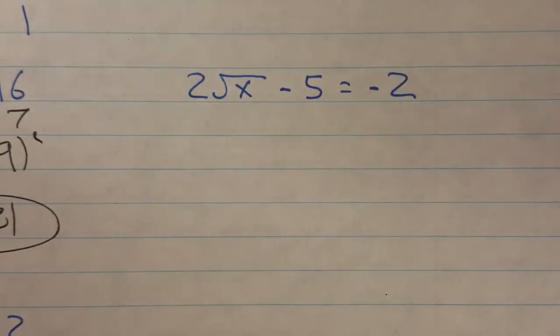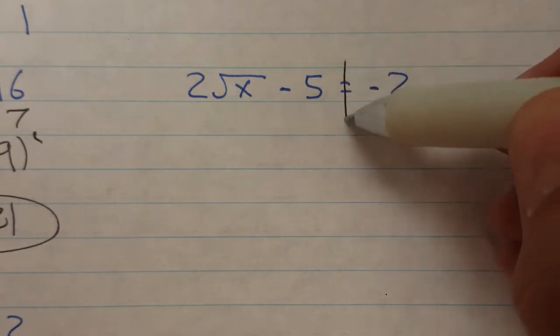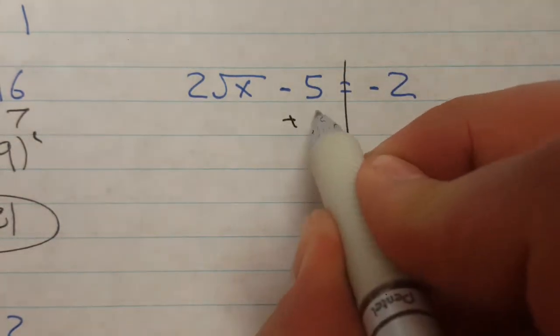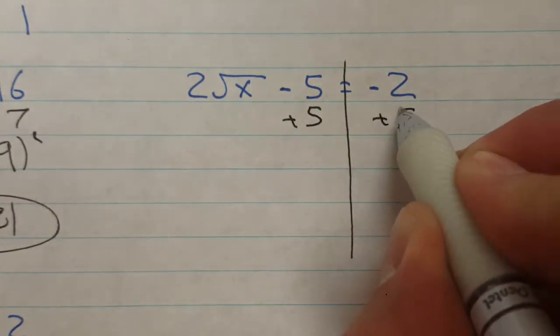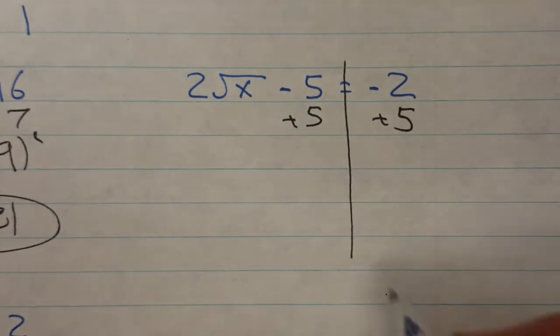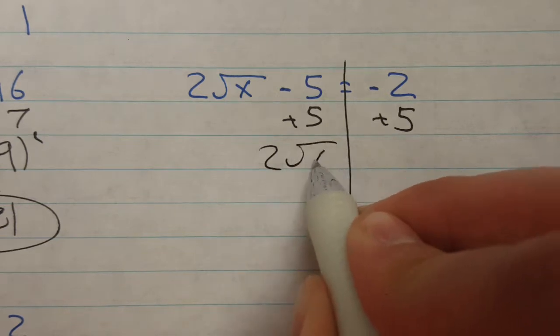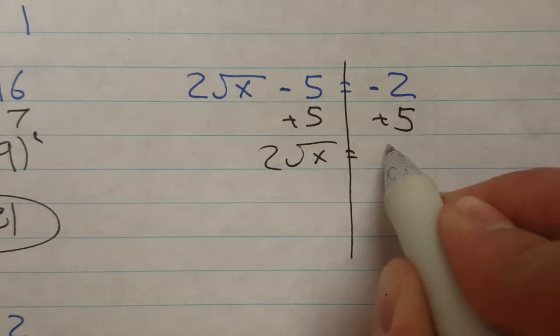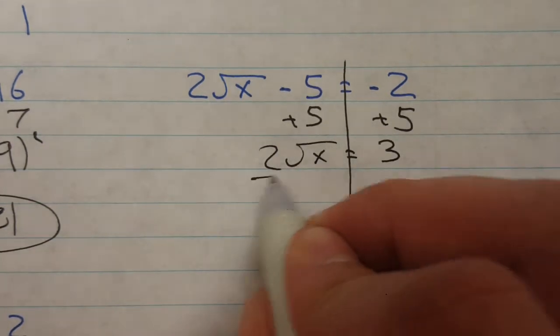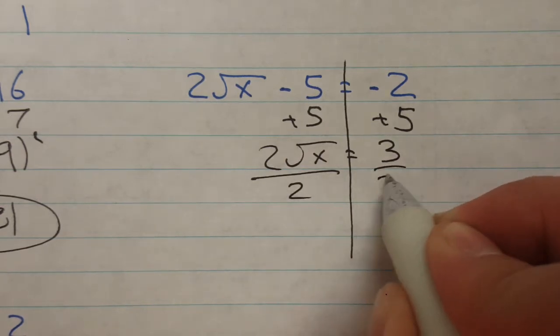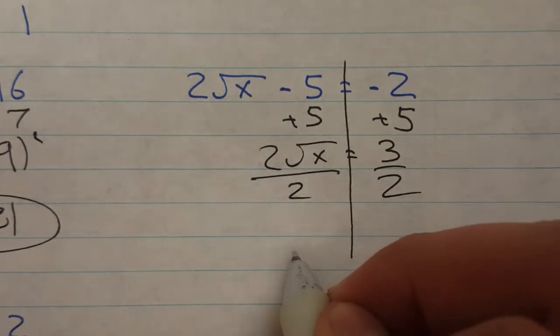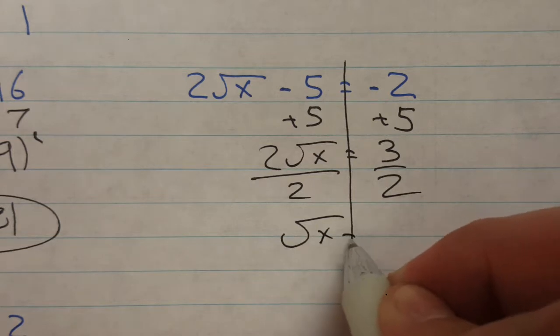Okay, next one. Still got a plain variable, but this is kind of like a two-stepper, so we have a couple things to get rid of here. First move, I'm going to get rid of the minus 5 by going plus 5 both sides. Remember, to get rid of operations, you do the opposite operation. So I'm still going to have a 2 square root of x equaling, looks like a positive 3. I'm going to divide both sides by 2. Now I've got the square root of x equaling